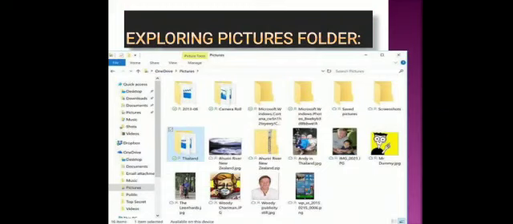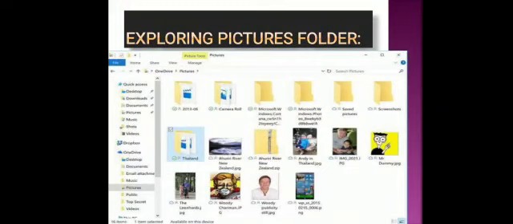Now what are the steps to open it? Simple steps are given. First click on the Start button, then the Pictures option is given. When you click on it, the Pictures library will display like this. Here on the left side the Pictures folder is given. When you click on it, the complete library will open. Now you will find various buttons like Organize, Slide show, Burn, and New folder. Recently you learned about Burn, which means copying from the computer to a CD. You can also change the view, for example to show thumbnails.